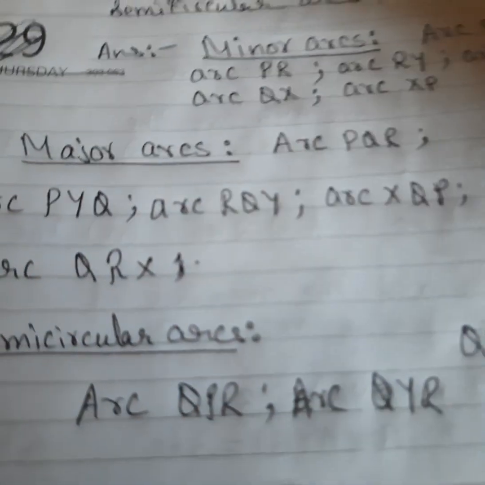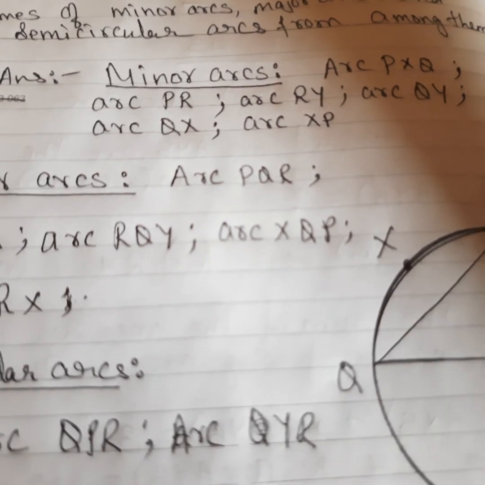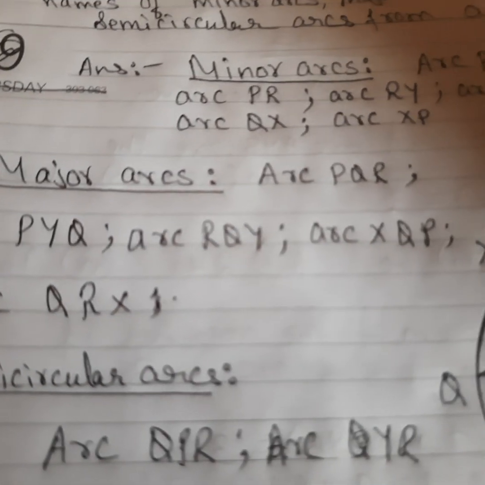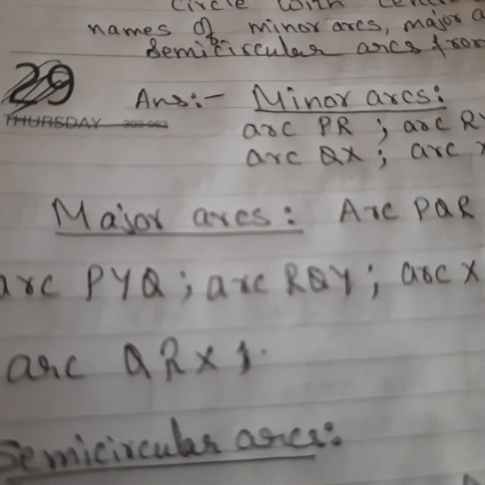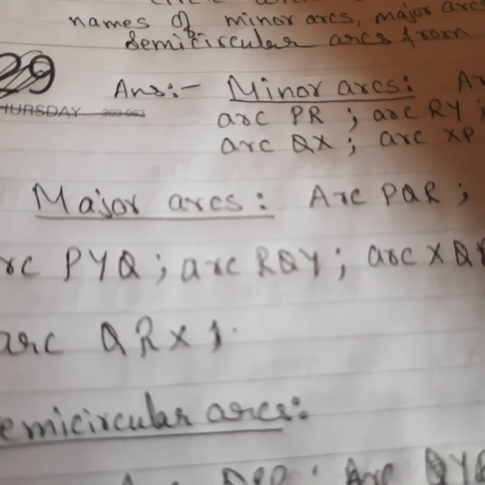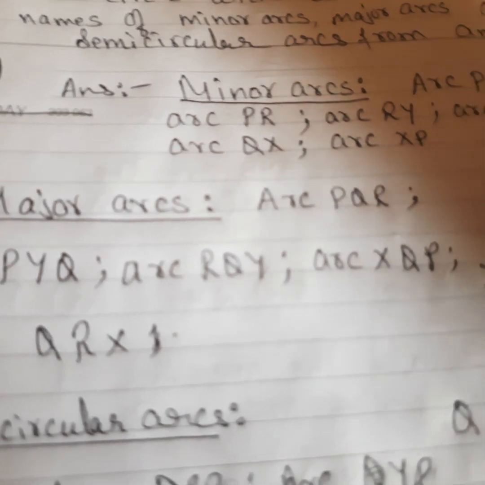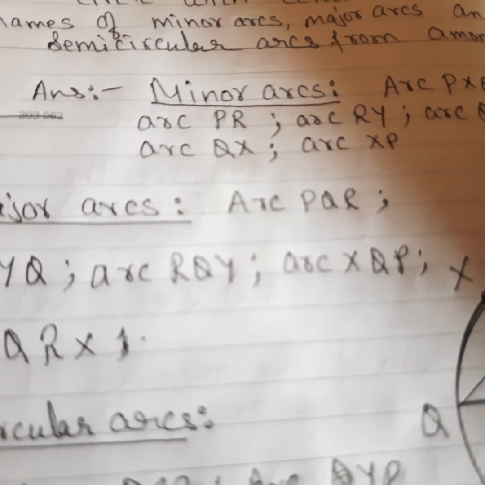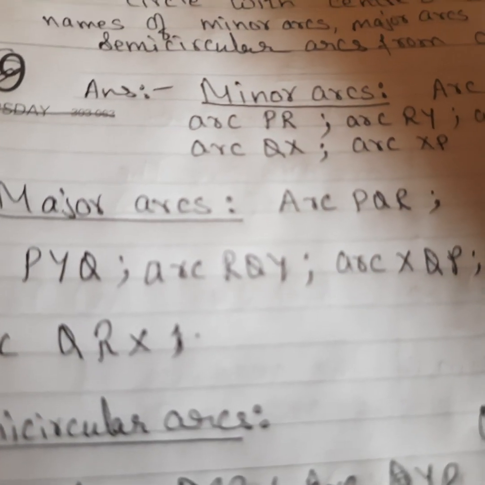I'll just show you the written part so that in case you have any doubts, they can be cleared. Minor arcs were already shown, and these are major arcs. While naming them, I have also shown you the other ways which I have not written down. Once you have understood, it is very easy to find out and write down.